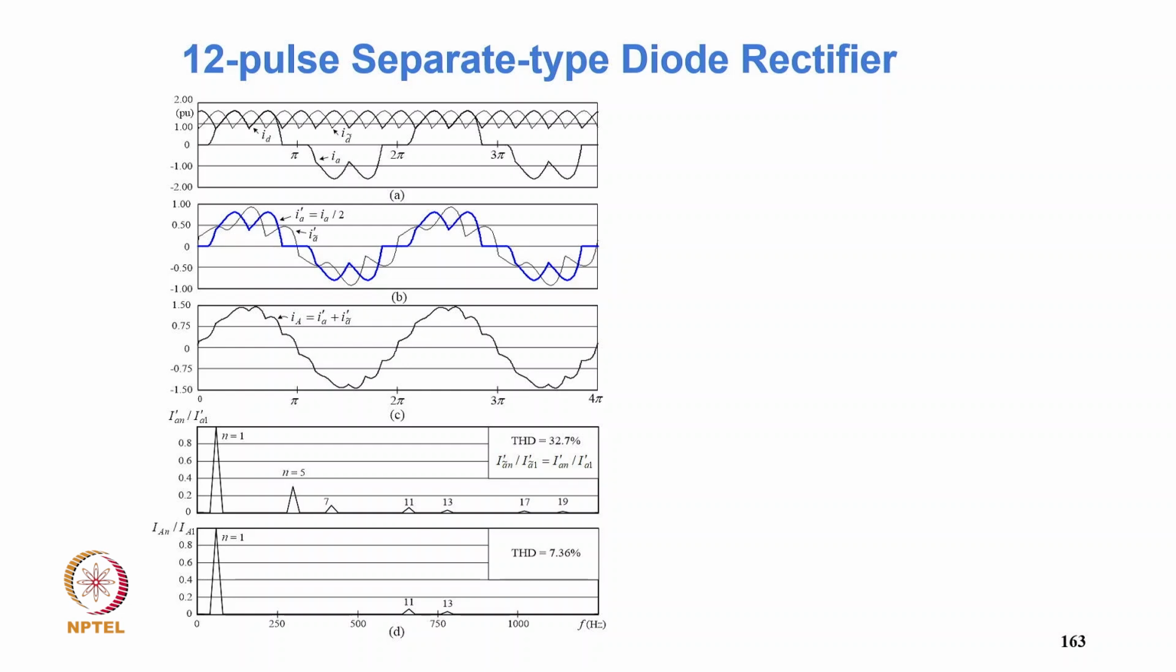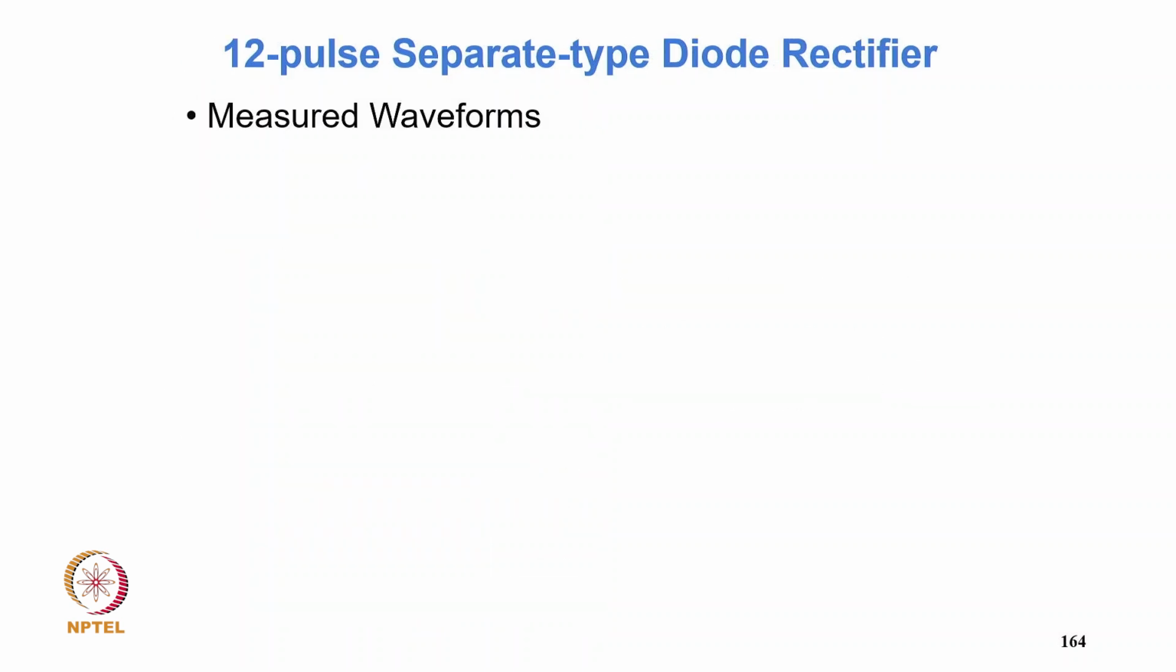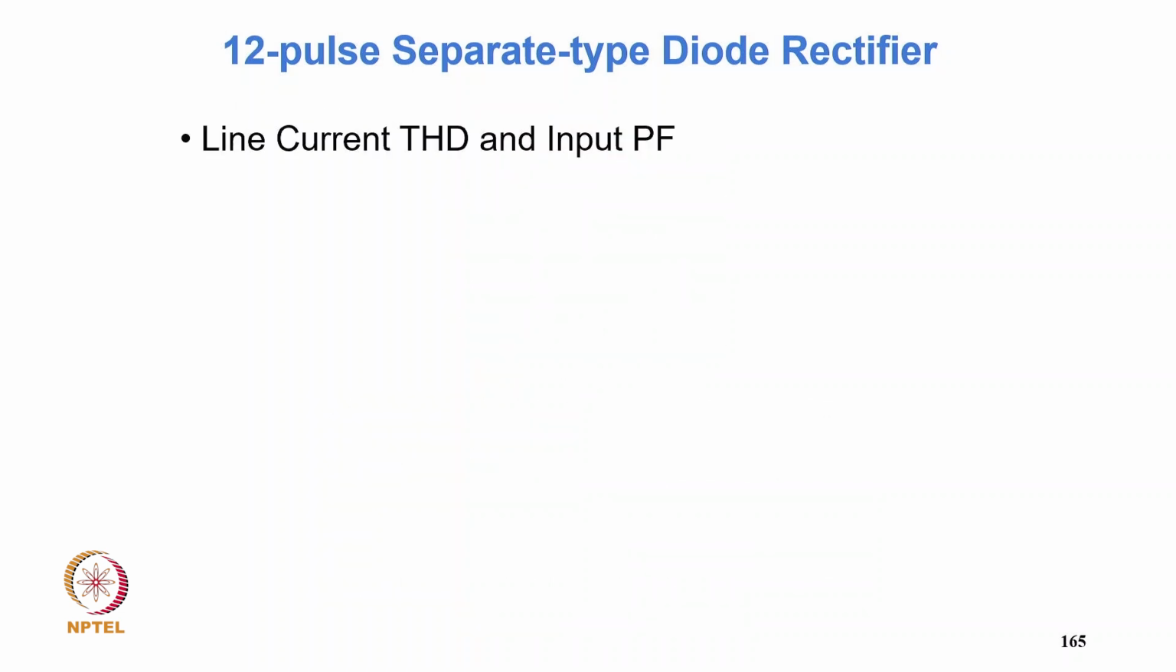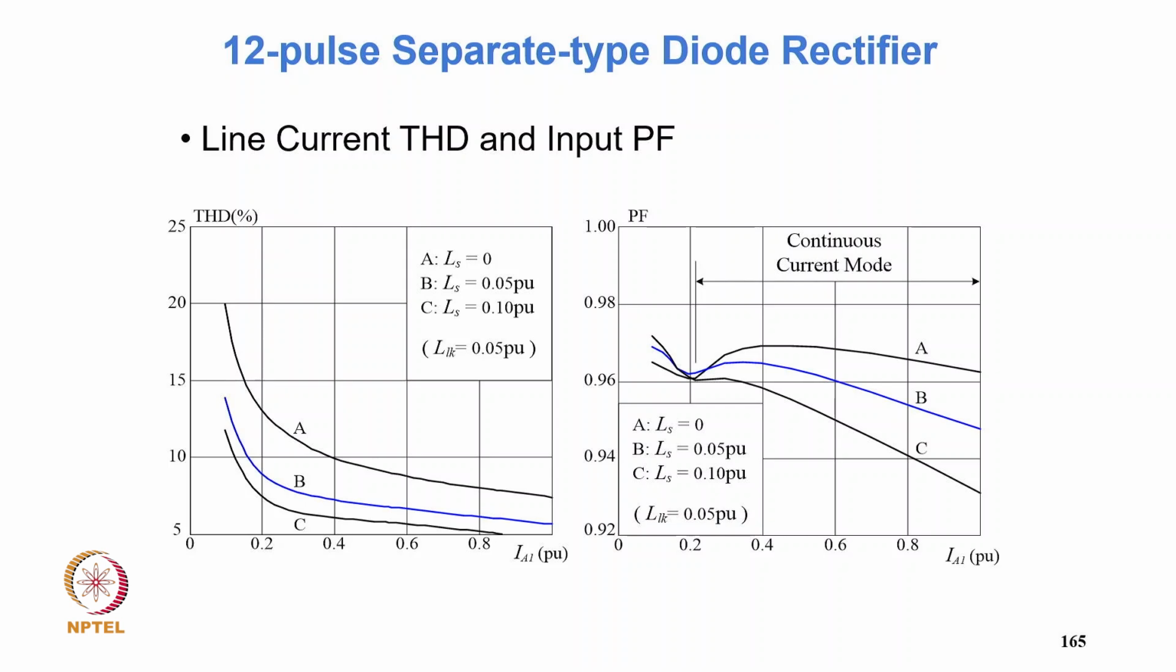And this is the waveform of supply current. Then say 6 pulse, then phase shifted, then net, and the THD at the end you will find it's at 7.36%. So that's now coming to separate type. So measured current, experimentally you can see how really it is improved, very low THD, and how it is affected